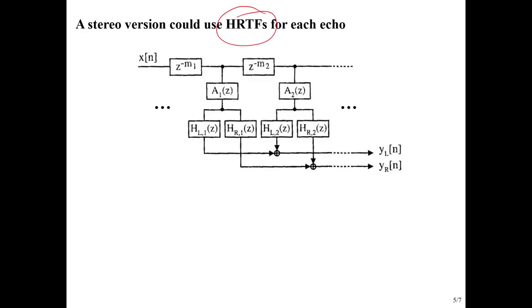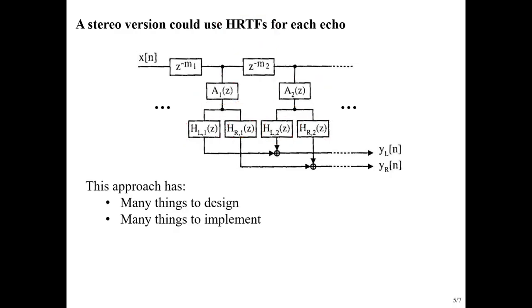So one approach is we've added in these things that we just talked about on the previous slide, and then we split that into a left and a right, and each one of those can have a different left and right because we can think about each one of those reflections coming from a different direction, different angle. One could be coming from straight behind. So all those different things can be incorporated into this. Now, the problem with this is